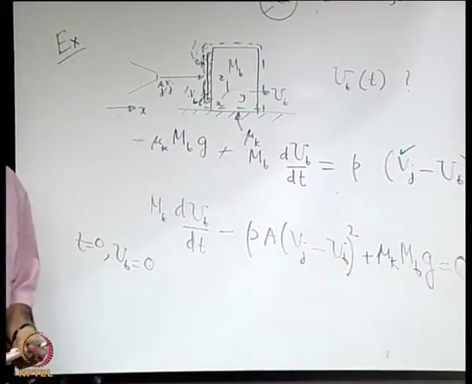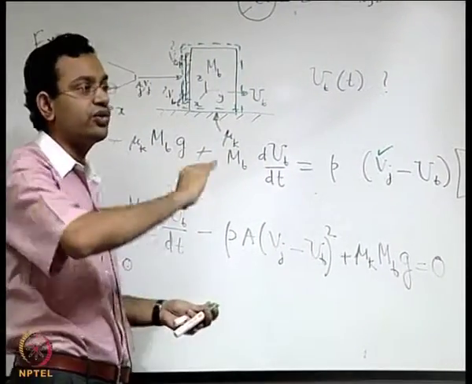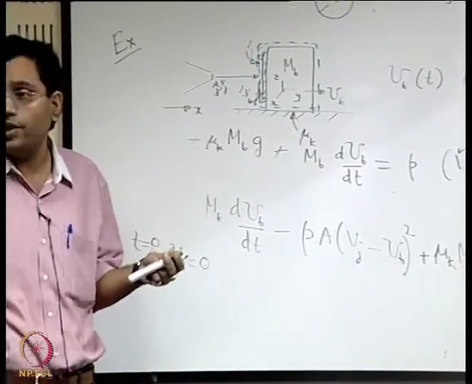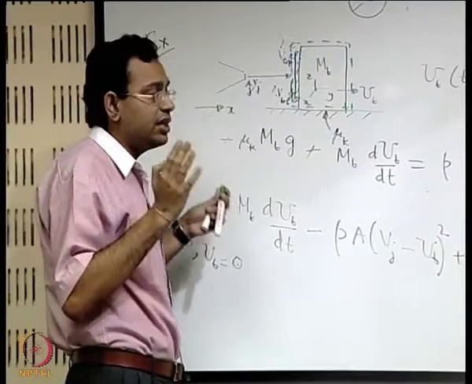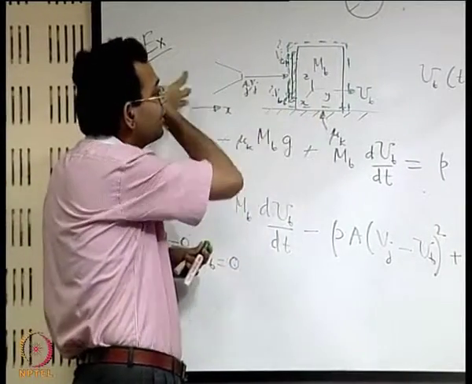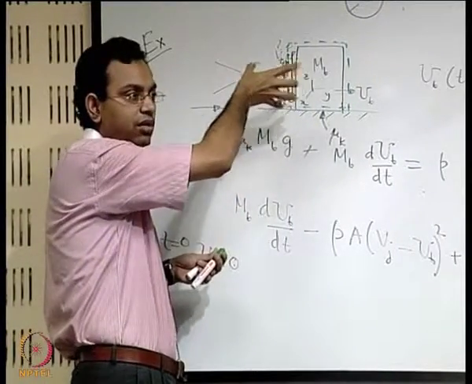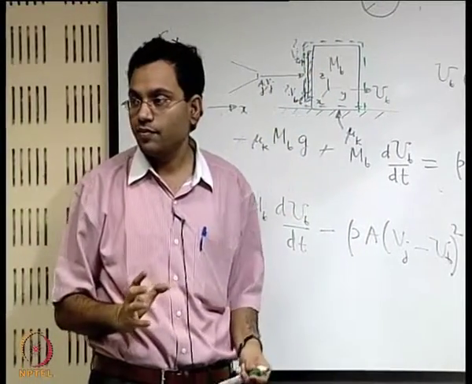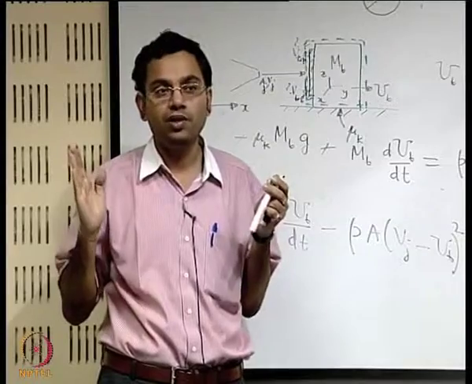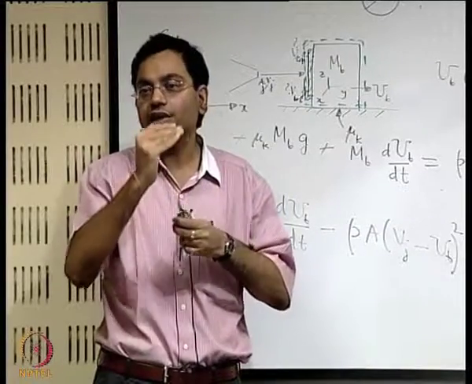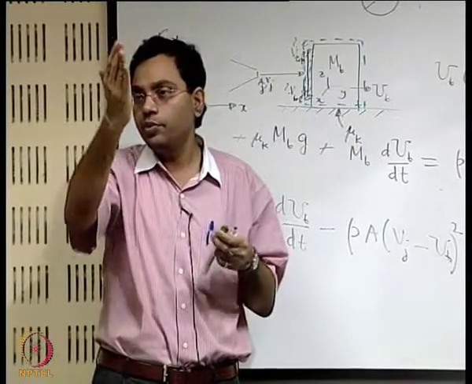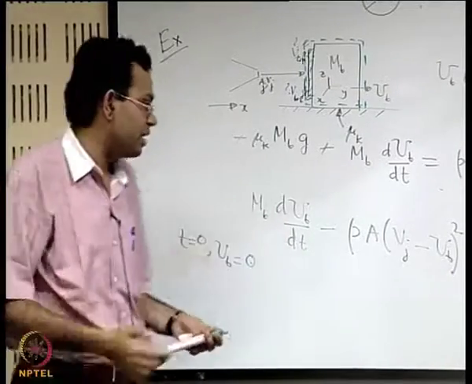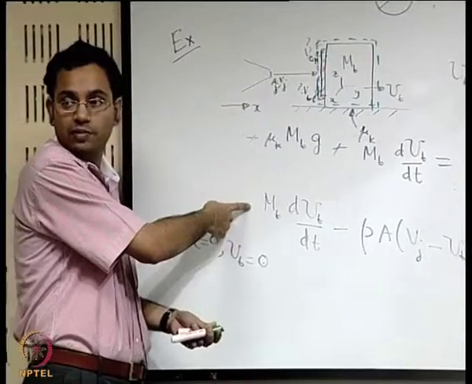Okay. So it is possible to find out what that equilibrium velocity should be, and it is quite obvious. It is a situation that occurs when the driving force on the block is just sufficient to overcome the kinetic friction, and then it is in equilibrium, but it takes some time for the driving force to be in equilibrium with the kinetic friction. Till that time the velocity will be changing with time.